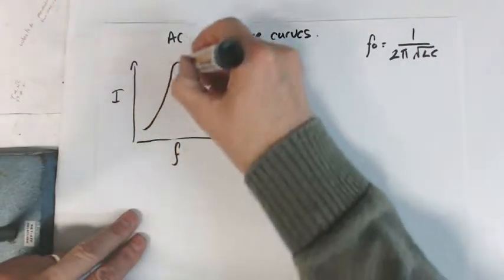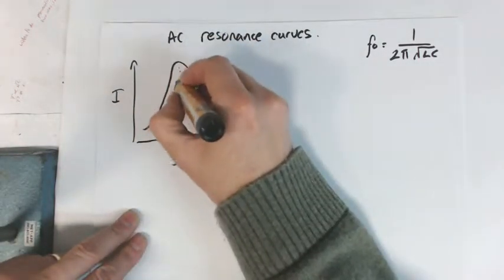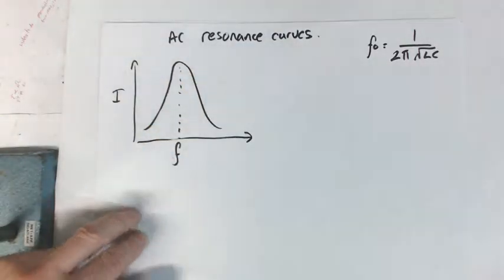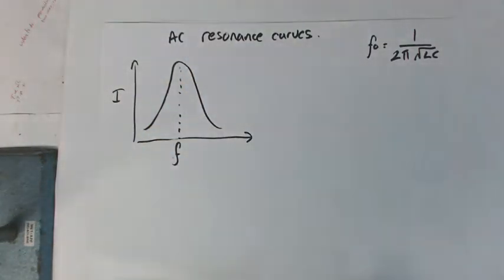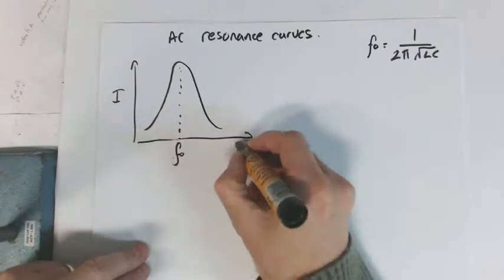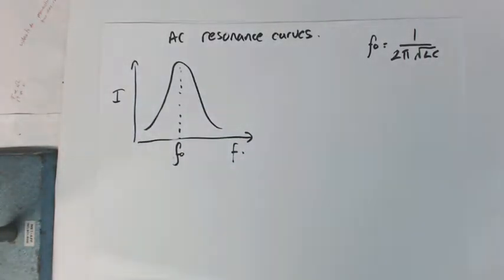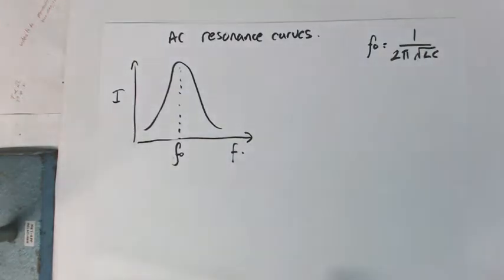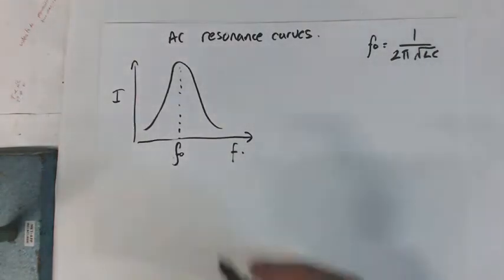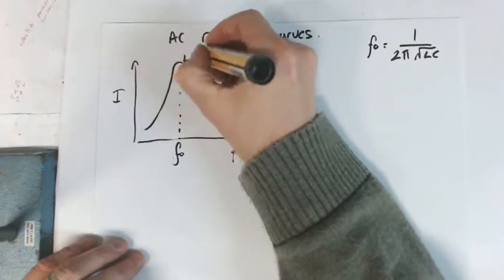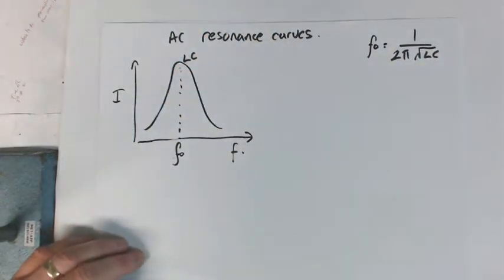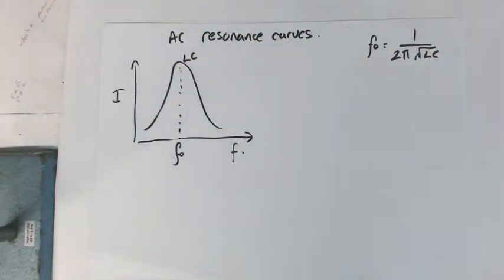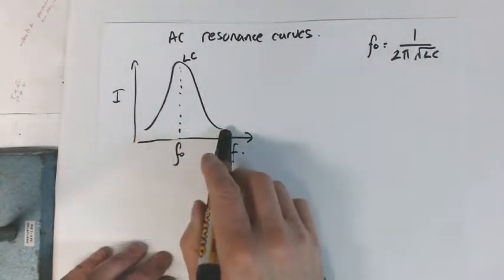we get a curve that looks like that. And what we say is that this peak here is the resonant frequency. We'll call it f0. The whole scale is f, and that's going to be according to this little equation here. Now that means that this curve here is for a certain LC combination. Right, so the LC combination is fixed, and what you've done is you've just adjusted the frequency until you found